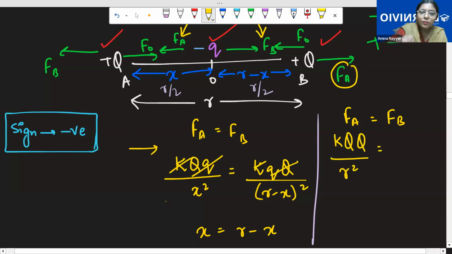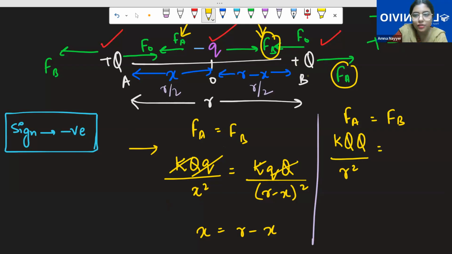Okay. Jyobita, you there in the class or not? Because you haven't responded yet. Yes, ma'am. You there? Okay. Jyobita, just tell the force between B and Q, this FB, between these two. At least try. These are the two charges. Their separation is also given. Yes, Jyobita, your answer.